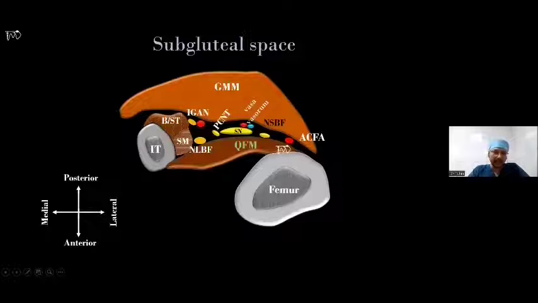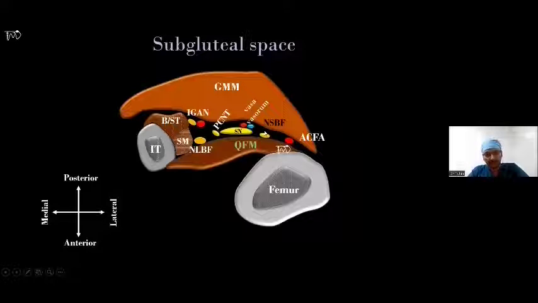Now coming to the subgluteal approach, the subgluteal space is an anatomical space anterior to the gluteus maximus muscle and behind the quadratus femoris muscle. Medially, there is the ischial tuberosity and lateral is the greater trochanter of the femur. In this space, medially, you might find the origin of the biceps femoris, semitendinosus, and semimembranosus, and usually in ultrasound, you will find a hyperechoic oval-shaped or triangular-shaped structure that is the sciatic nerve